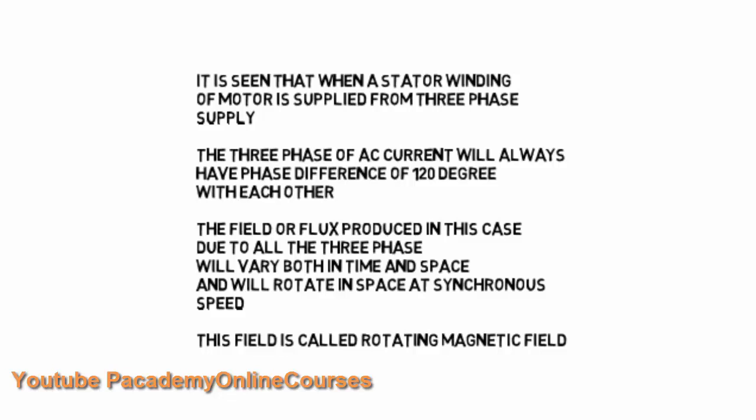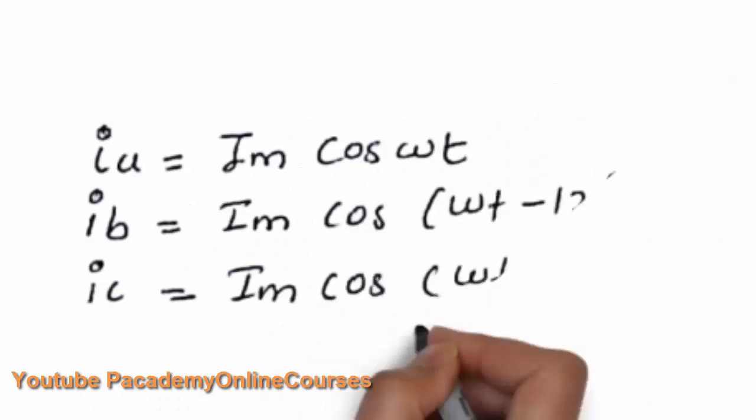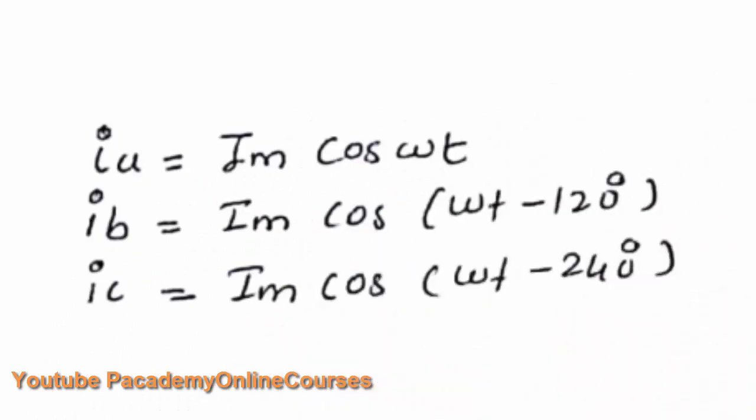So when the stator windings consisting of three phases are supplied with three-phase AC current, each having a phase difference of 120 degrees, the resultant MMF and the field produced will vary in both space and time. So it will rotate. If you look at the phases, the currents IA, IB and IC, which are the three phases, have a 120 degree difference. Each will be lagging the other by 120 degrees,